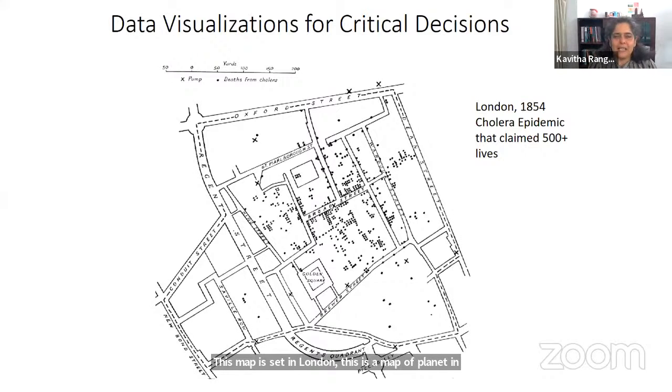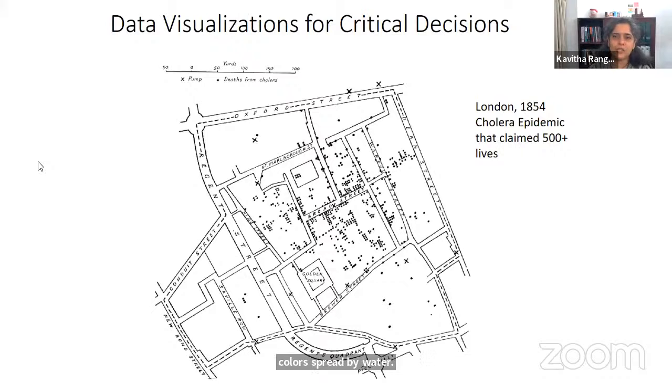And at that point in time, people didn't have a lot of knowledge about how cholera spread. So today, of course, we know how cholera spreads. How does it spread? Can you put down your answer in the chat window? By water, right? Okay, so today we know that cholera spreads by water,